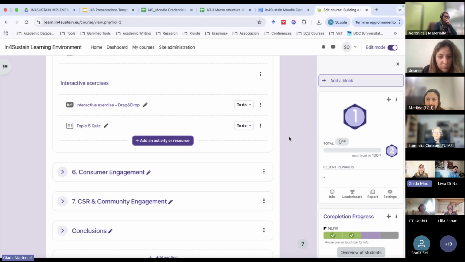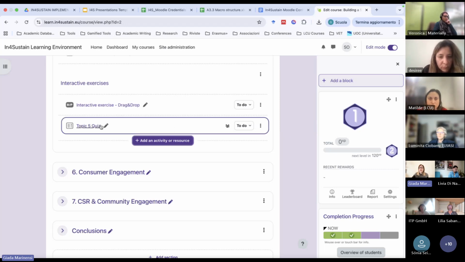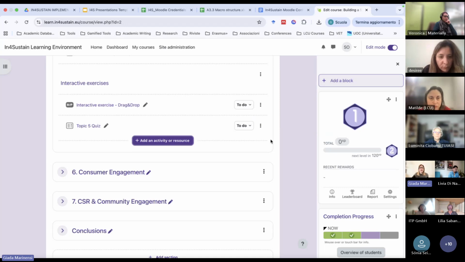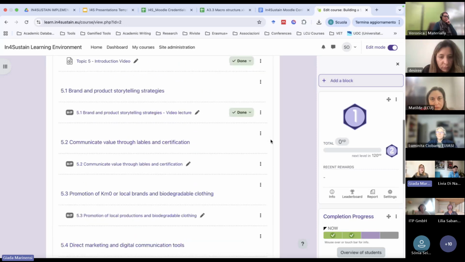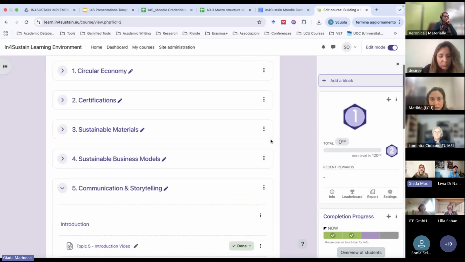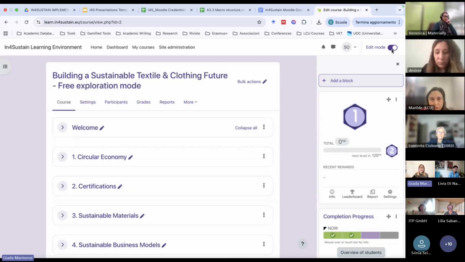And they can also change, for instance, the content of quizzes, so they have very advanced options in order to customize the course if they want.